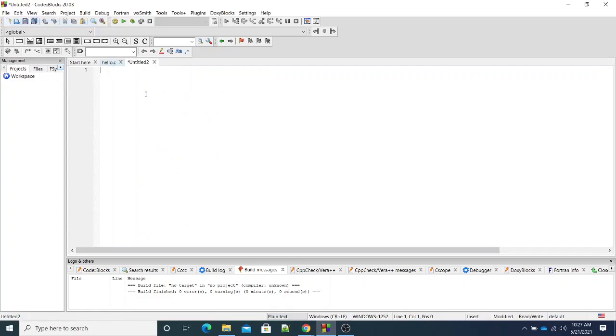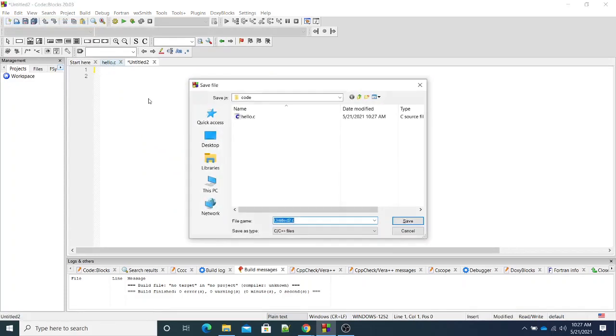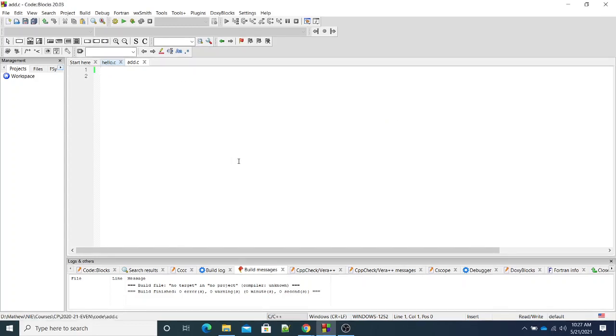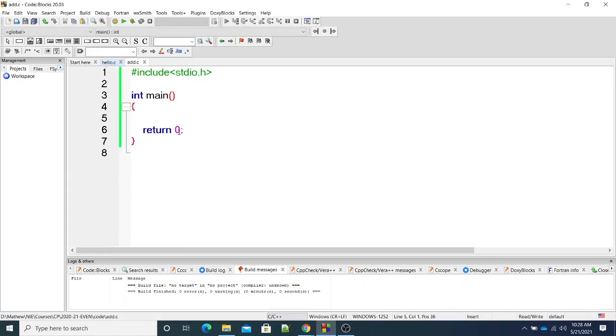So we'll write our second program. I want to add two numbers. So I give the name add.c. Normally we'll give the name of the program related to what it is doing. Previously we gave hello.c because we are just displaying a message called hello world. Now my second program is similar only. I take the same template. And here I want to add two numbers.